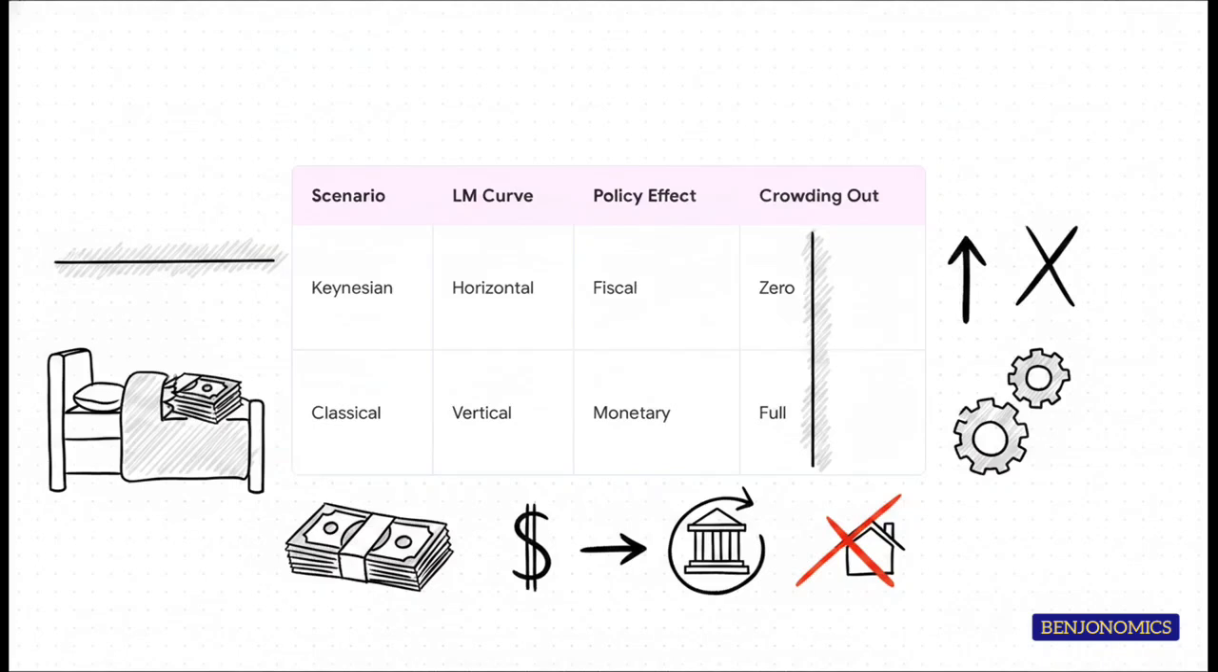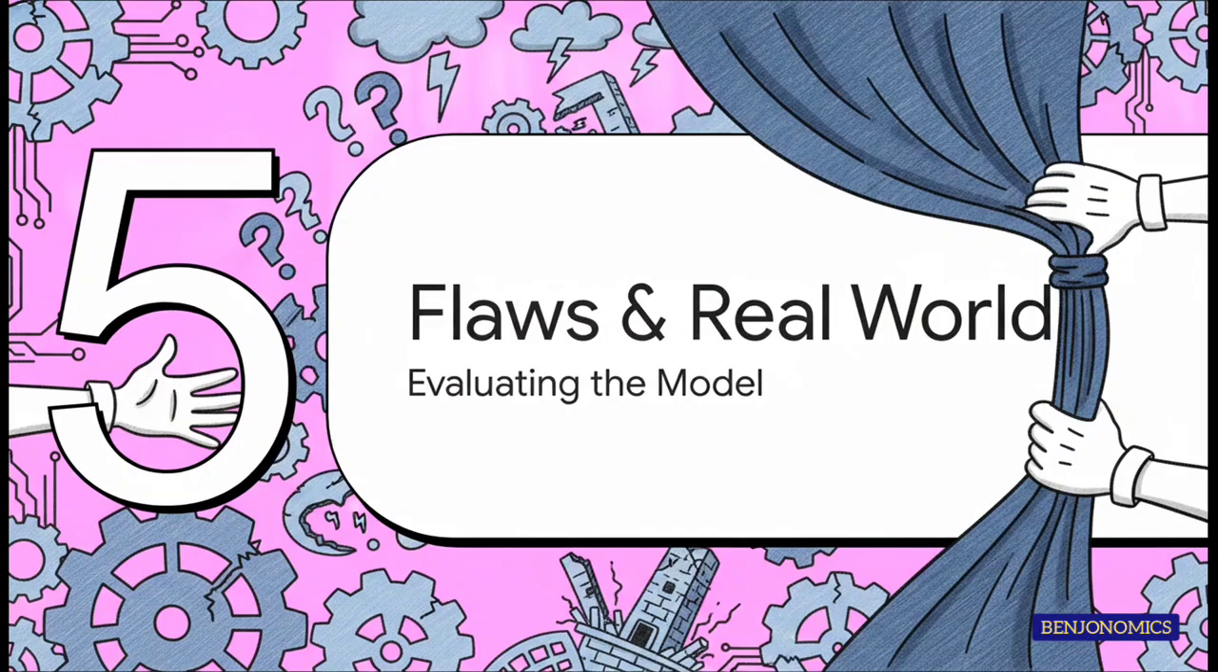Conversely, in what we call the classical extreme, the LM curve is perfectly vertical. In that world, government fiscal spending causes full crowding out, making monetary policy the only effective tool left in the box. Which brings us to our final section, pulling back the curtain on the flaws and the real-world value of